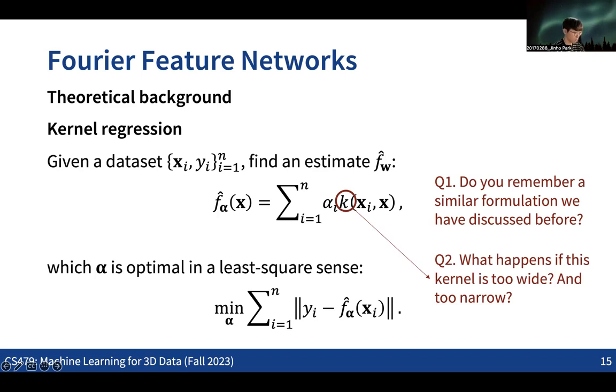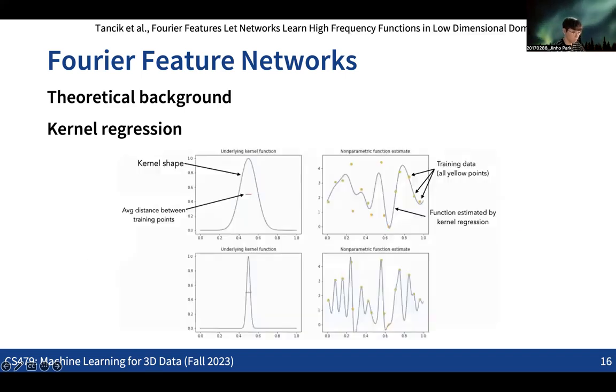Yeah, so typically what we're going to see is results like this. These are two cases. The first row is the case where we have the wider kernel. In the 1D case, this graph shows that we are giving weights to some neighbors like this. And we can also have a narrow kernel like this.